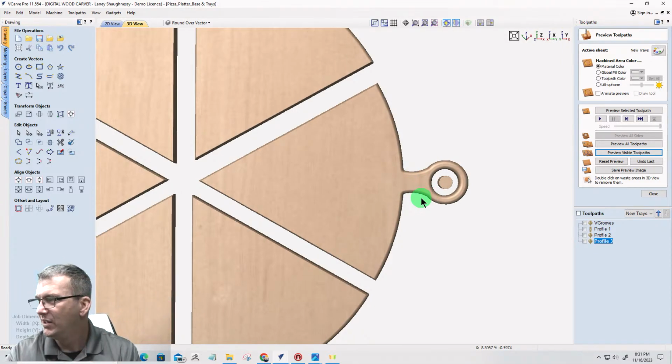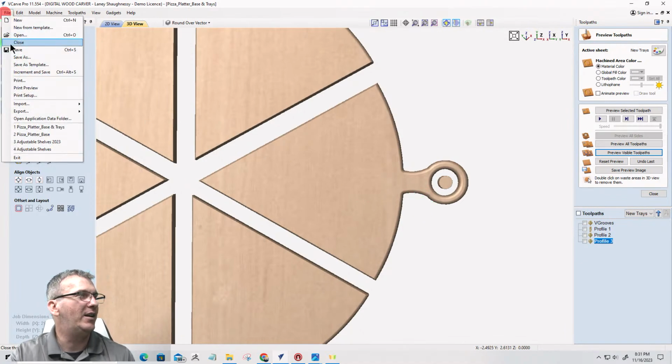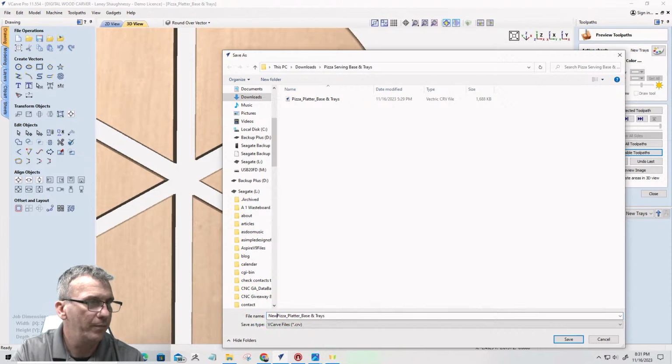All right, cool. Don't forget to save, absolutely. So file, save as, and this will be the pizza platter base and tray. I'm going to call it new, and I'll go 2023